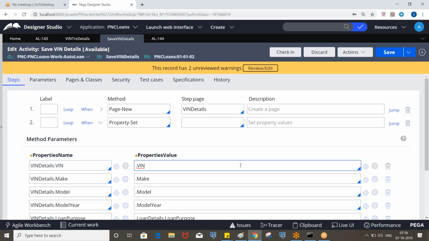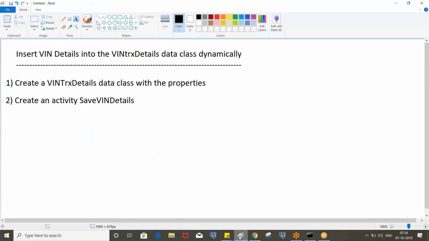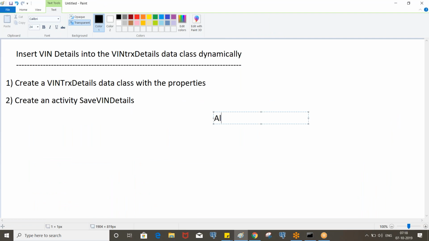Okay. So now we want to manipulate that work object ID. So I don't want AL-144. I want it should be like this. Okay. So if work object ID is AL-144, it should be auto loan -144. So only we need to take the value after hyphen. Okay.